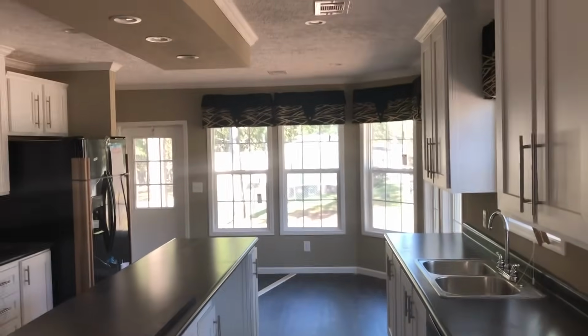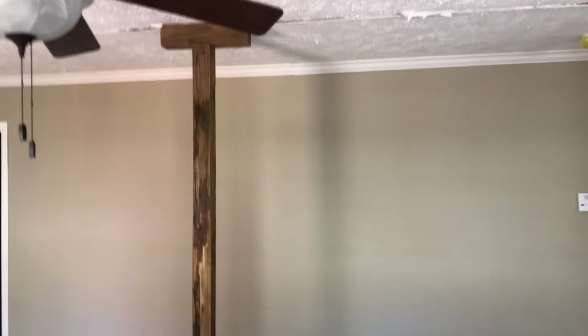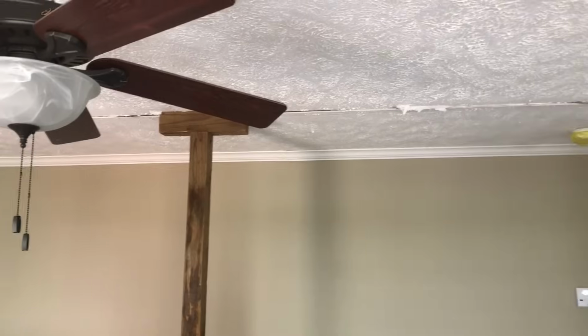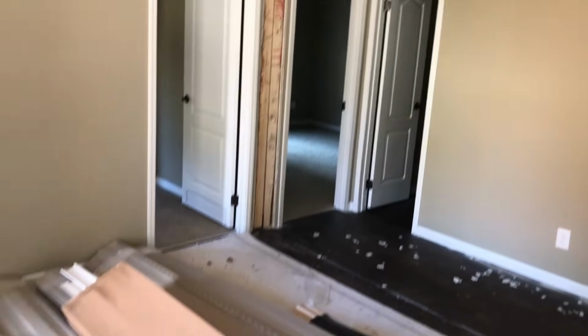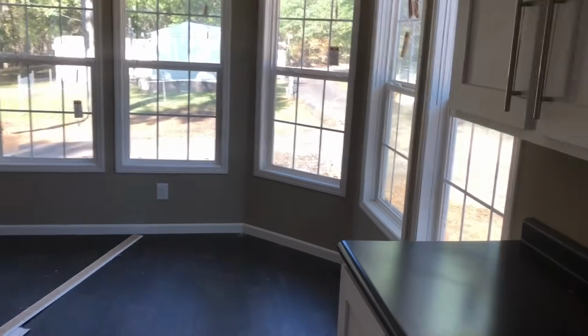Well, he is still up there on the ceiling, lag bolting the ceiling together. And this is to make sure that the ceiling is flush when they lag bolt the roof together. Still got a lot more work to do. These guys will be done in about an hour, I think. And then